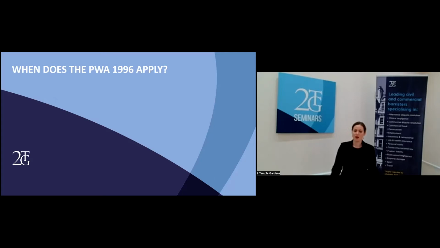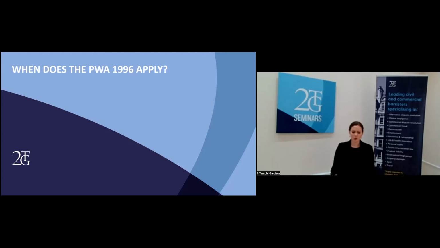And to do so, it must involve the right kind of people, the right kind of structure, and the right kind of work being carried out. Once we're satisfied on that score, the second question is whether the Act has been invoked correctly. And this is the stage that we start thinking of originating notices and consents.